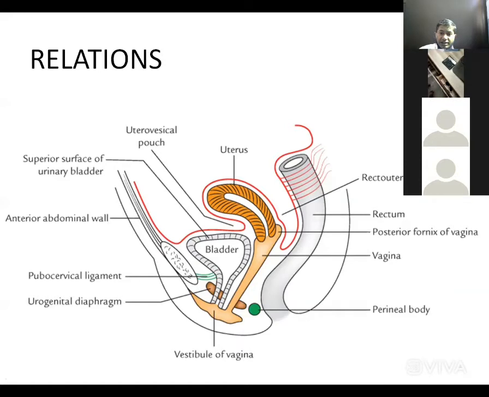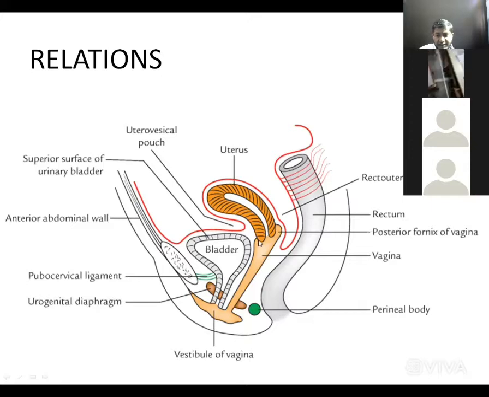Now coming to the visceral relations, you can see here this is the anterior surface. So there are two surfaces for the uterus. This is the anterior surface and this is the posterior surface where I am moving the cursor. This anterior surface is related with the superior surface of the bladder. So this is the urinary bladder. So the anterior surface is related with the urinary bladder, whereas